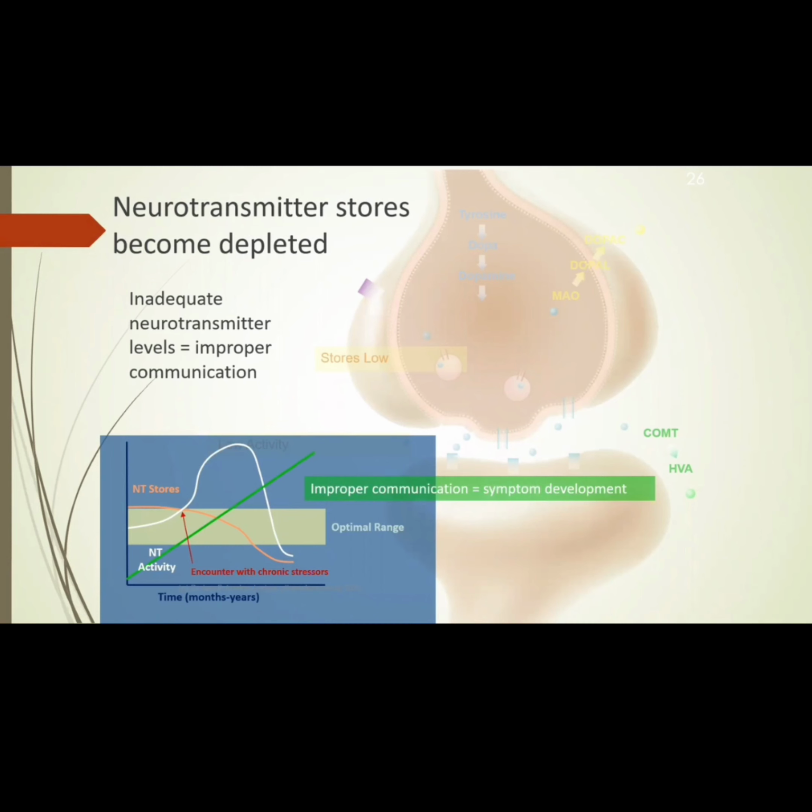So when someone comes to you with a mood disorder, it isn't recent. Something recent may have brought it to the forefront. But if they've been complaining of a chronic mood disorder and nobody else has been helping them, and they come to you, I want you to realize that those neurotransmitter vesicles are empty.